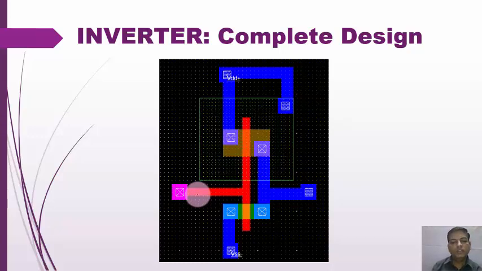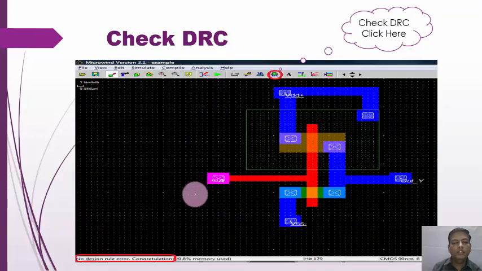In the next lecture we will see how to draw that particular layout and see the layout output simulation, whether it is functionally verified. Then next check the design rule check. When we form this particular layout, we have to check whether all the parameters are functionally okay by using the design rules.